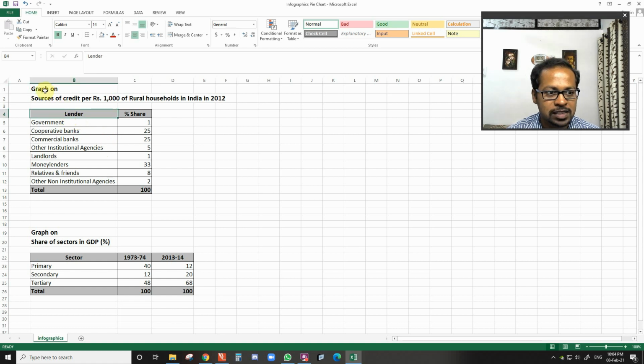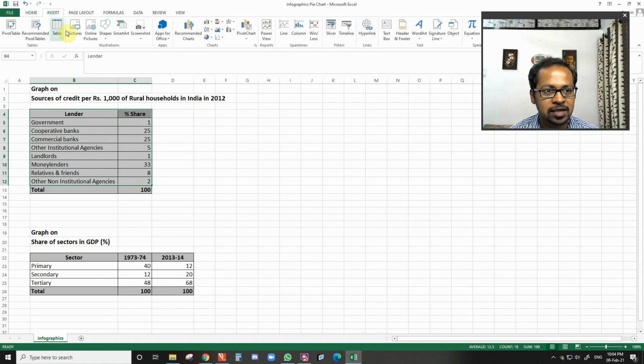What you are supposed to do, look carefully. What I will do, for example, this is the first graph. Okay, this is from our textbook, chapter number 3, page number 48. So here I have selected this data excluding the last line of total, and now I will click on insert.